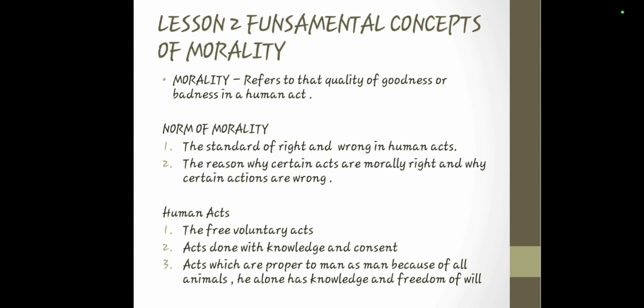is actually a basis or a standard or even a rule or principle of law by which we can distinguish one from the other. In the case of human action, the basis of the distinction between right and wrong is called normative of morality or norm of morality. Meaning to say, when we say norm, it is usually what is practiced, what we are used to or what already happens. That's why we can identify the basis of distinction by the norm of morality.